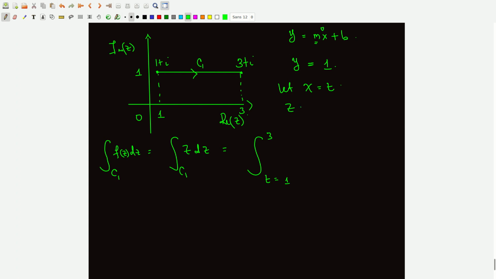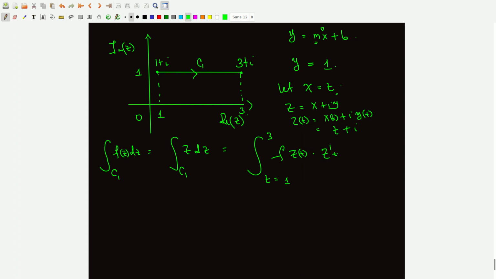Of course we know z equals x plus iy, so z of t is x of t plus i y of t, which is t plus i, since y is a constant, i times 1. At the back of our mind, we know this is going to be given by f(z(t))